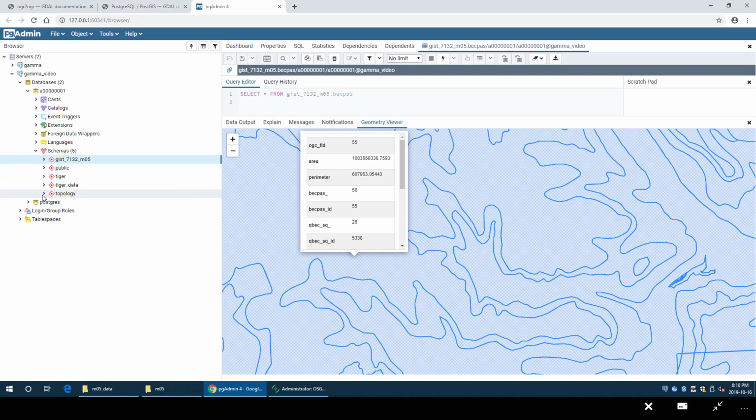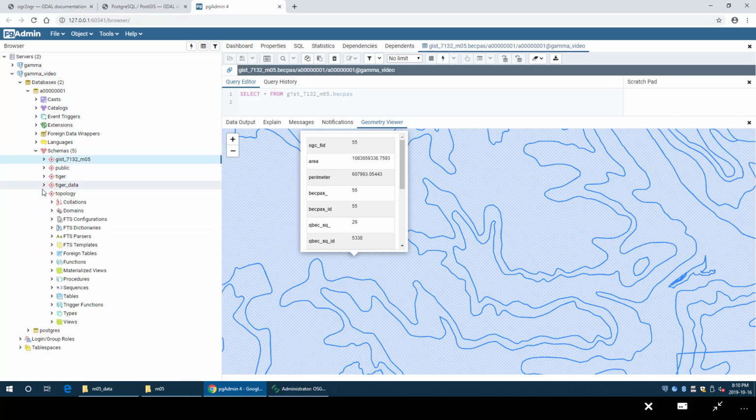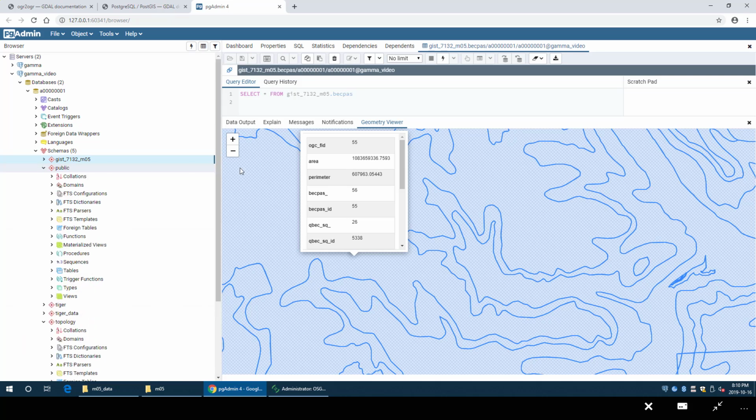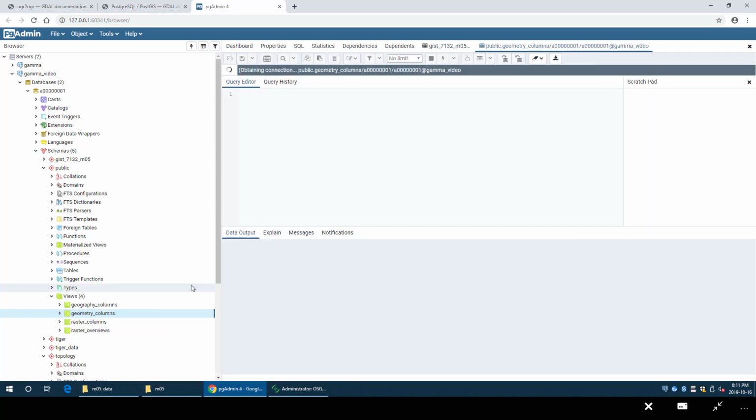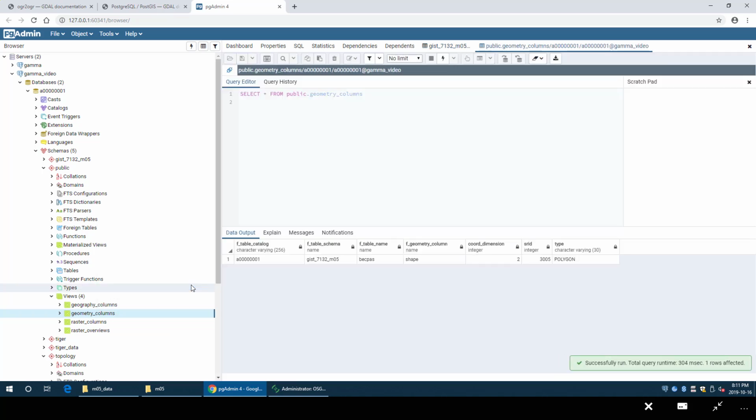And I can also go check my public schema. So not the mod 5 schema, but not topology either, but the one called public. In there, you're going to find views, and one of them is geography columns, and I'm going to go view the data in that one. Now, right now, probably just have one entry because this is the first spatial data set you've loaded. But basically, it'll say